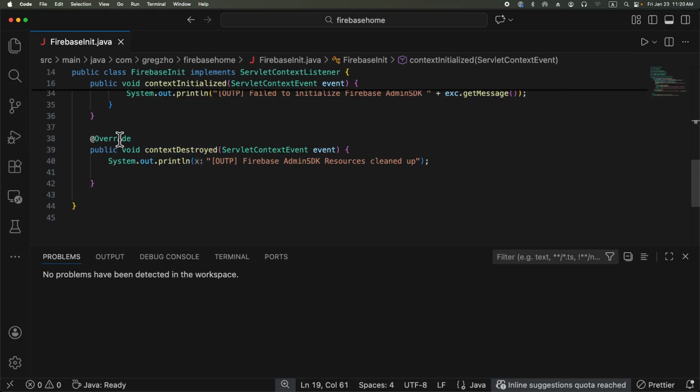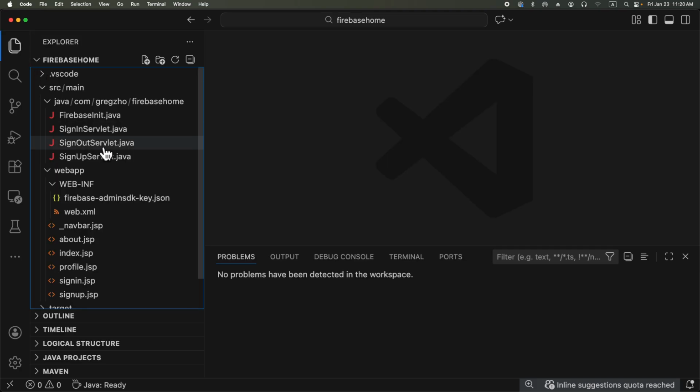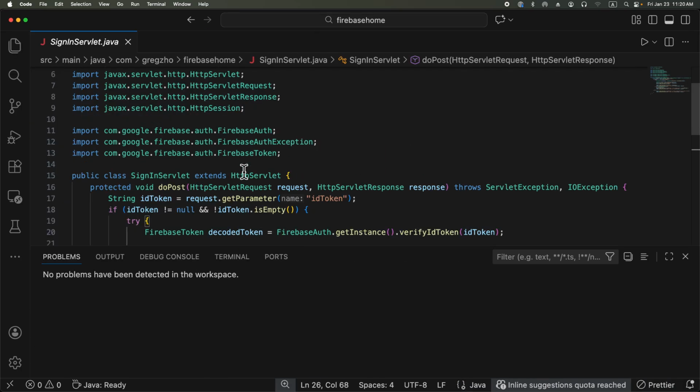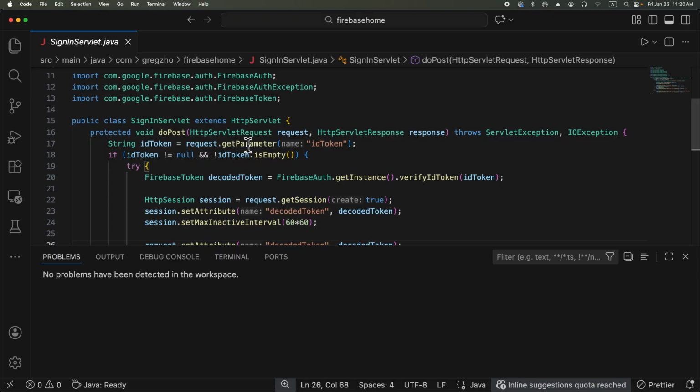And then another method is contextDestroyed, when your app is closed, and then every resource is cleaned up. The second class is the sign-in servlet. The sign-in servlet extends HttpServlet and uses the doPost method, with HttpServletRequest and HttpServletResponse, and